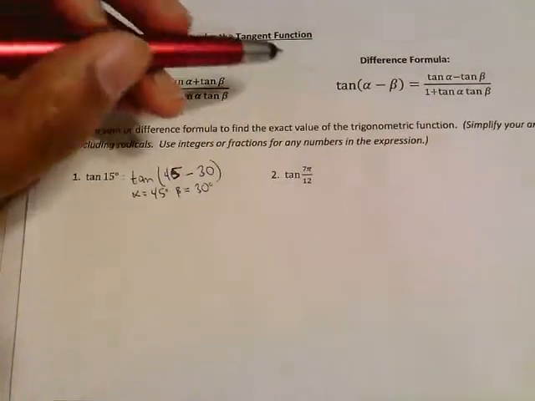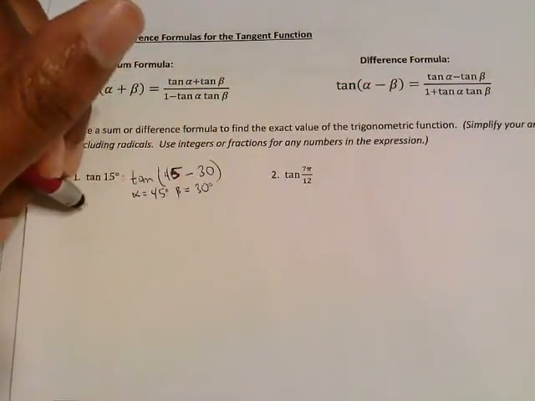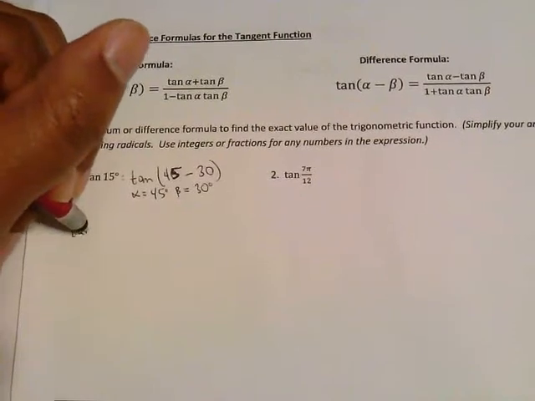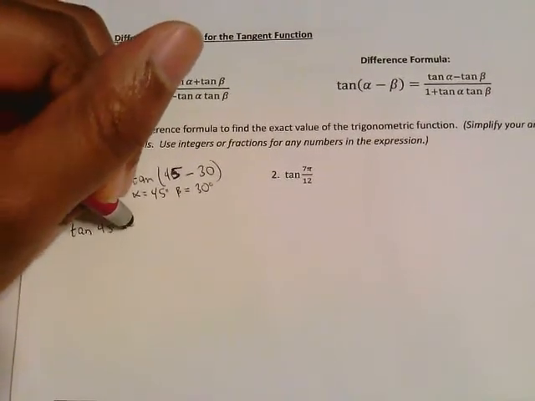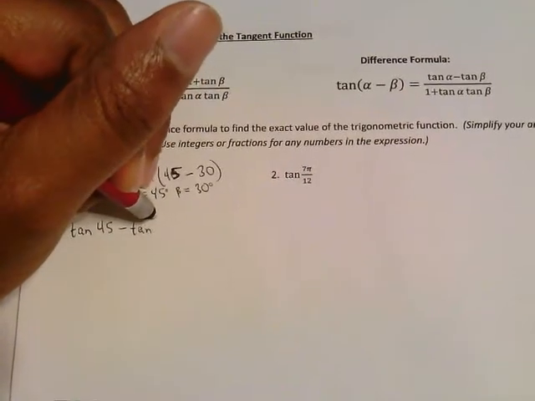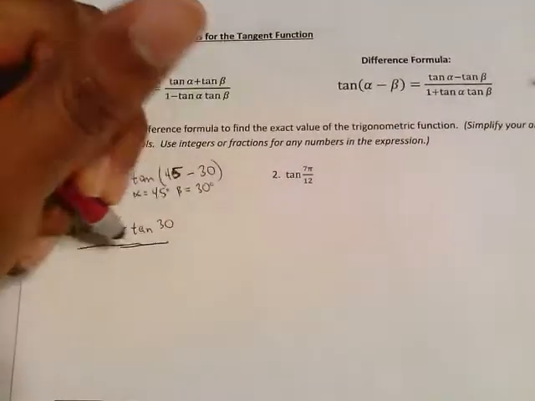So the formula is tangent alpha minus beta is up here, as you can see. So we will have tangent of alpha, which is 45, minus tangent of beta, which is 30, all over